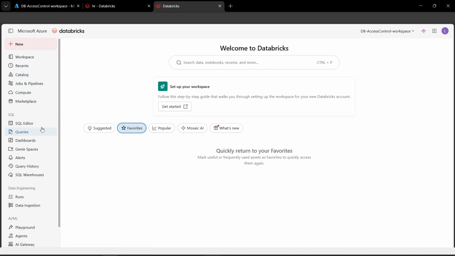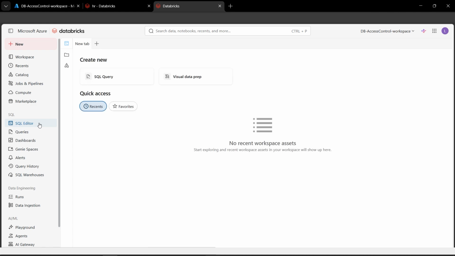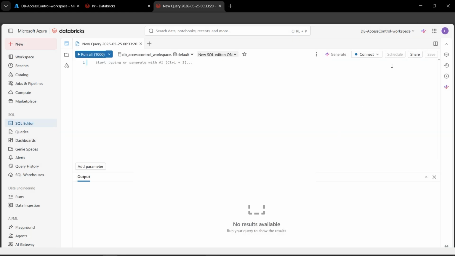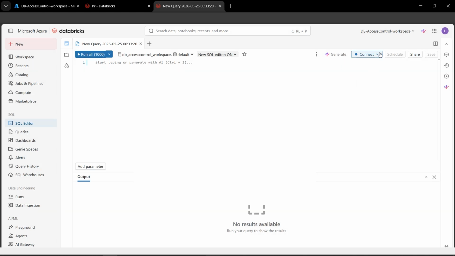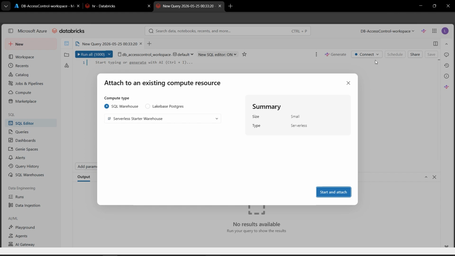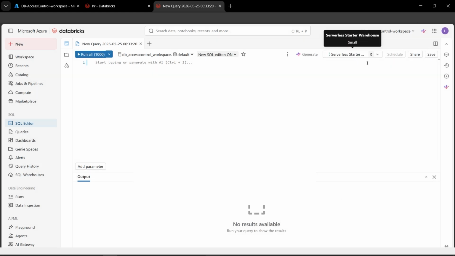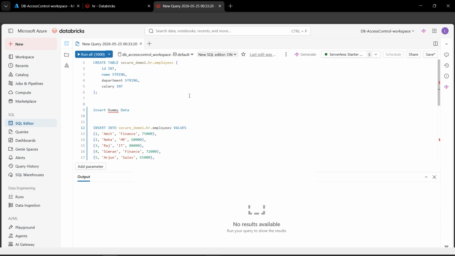Now let's go to the SQL editor. Let's click on SQL query. Now let's select got it. And now I'll click here on connect. I'll use my SQL warehouse. Let's click on start and attach. And there we go, serverless starter warehouse. It will start in some time. Now let's begin with our first step. That is, we need to select our